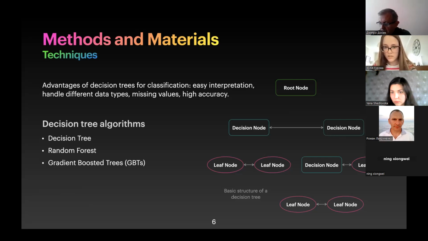The presented diagram shows the structure of the decision tree, which consists of three main parts: the root node, the leaf nodes, and the branches. The root node is the starting point of our tree, and the root and leaf nodes contain the questions or criteria that need to be answered. The branches are arrows connecting the nodes and